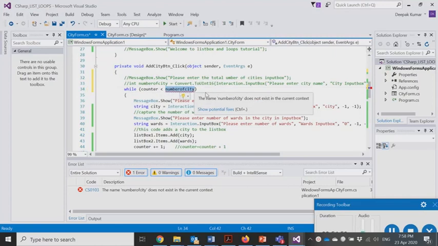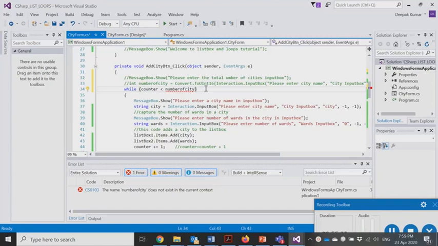Here, since we want this to execute at least once, after one execution we would like the user to be asked a question whether you want to add another city or not. So at least the user will add one city, and then we would ask whether to add another.